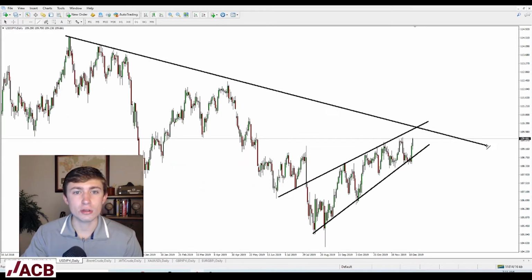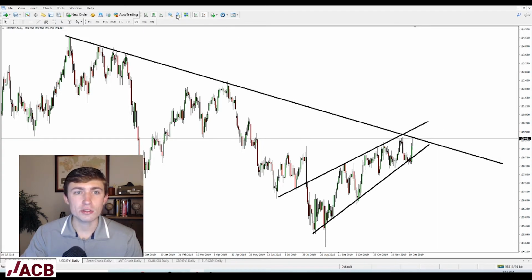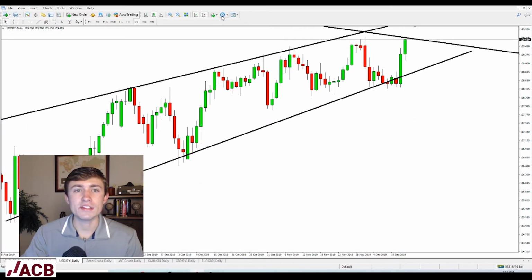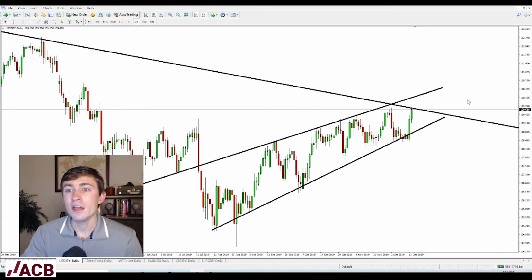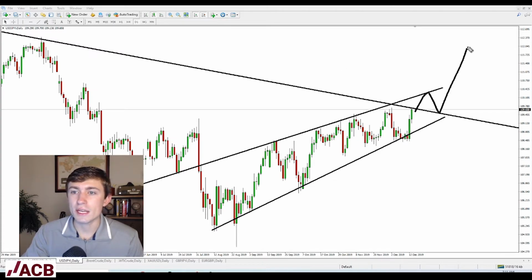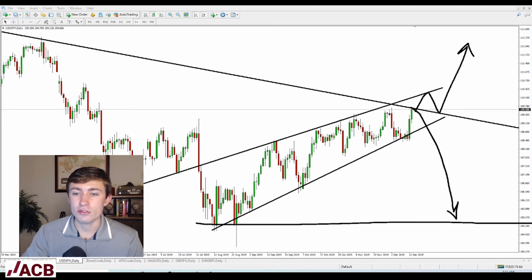Now, if we draw this long-term trend line, you can see that price is currently right around that area, and this is going to be a big moment for dollar yen to determine if we're going to indeed break out and continue this upward movement we've seen, or if it's going to yield to the longer-term trend and head back down. So watching this pair and watching for confirmation, or at least indication of where the market may go next,